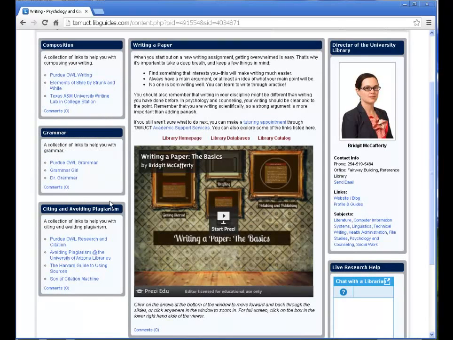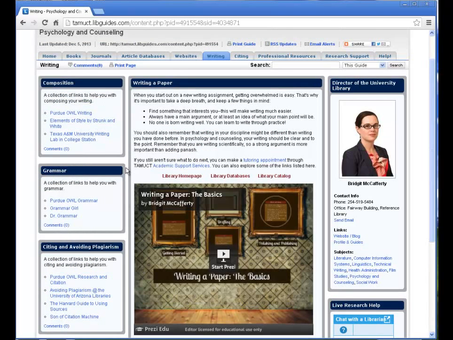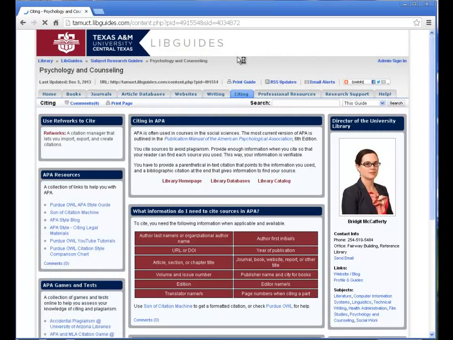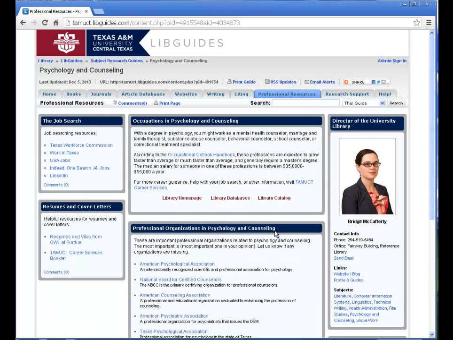More information on plagiarism, links to help you with grammar, and I use Grammar Girl a lot when I'm not sure where that comma goes. Good thing to check yourself. And then more information on how to cite appropriately, especially things that can be tricky, like the URL or digital object identifier. Information on that, and then other things, professional resources, links to professional associations,